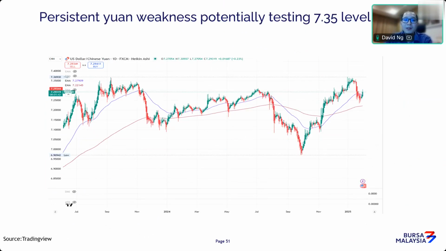Obviously, when the government steps in and measures kick in, you start to see strengthening in the currency. But until then, I think generally the trend for the Chinese yuan tends to be weaker because of its economy. So the trend is still an uptrend, which indicates a weaker currency. And I think 7.35 is a very resistant level, because the government doesn't want this level to break. It's a psychological level. If it does break, it's telling you there's going to be massive outflow, and that will create a lot of panic in the currency market.